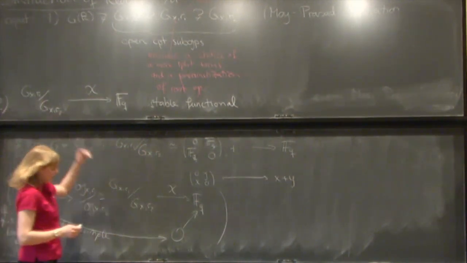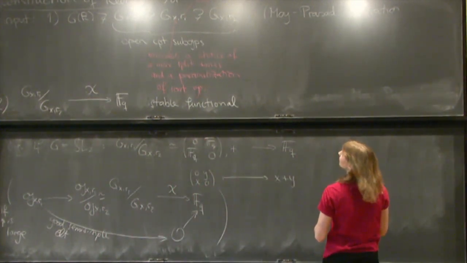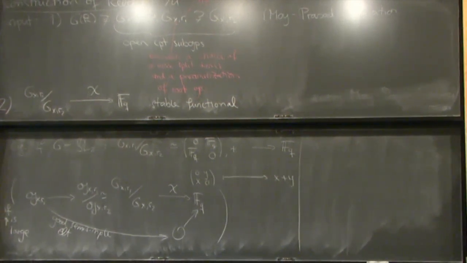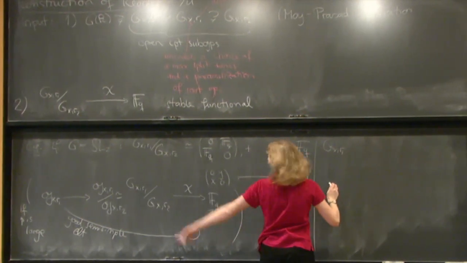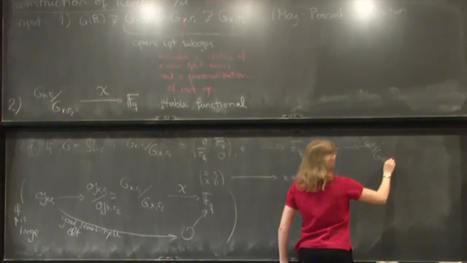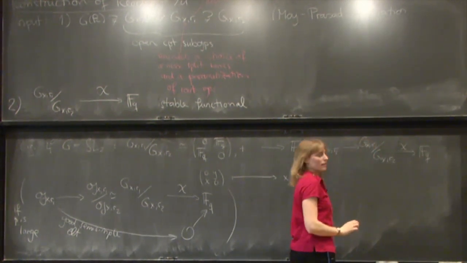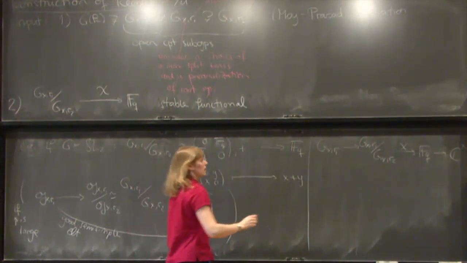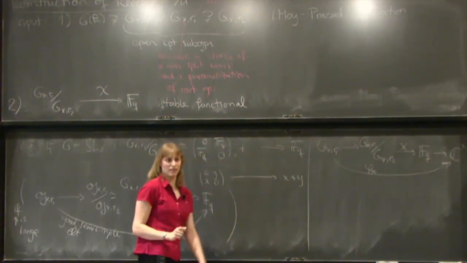Okay, so let's assume we have these things now, for example, this vector. What do we do then? So we want to build now a representation of a compact open subgroup. So we have the compact open subgroup G_x,r1, the Moy-Prasad one, which maps to G_x,r1 mod G_x,r2. Then we have our character chi, which goes to F_q. And we can compose this with an additive character to the complex numbers. And if we do this, we get a character, let's call it phi sub chi, of our compact open subgroup.